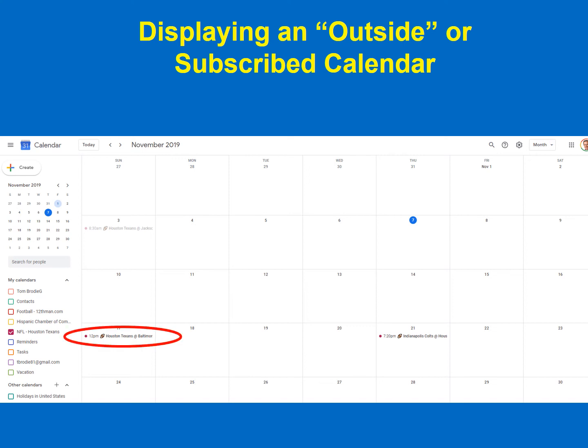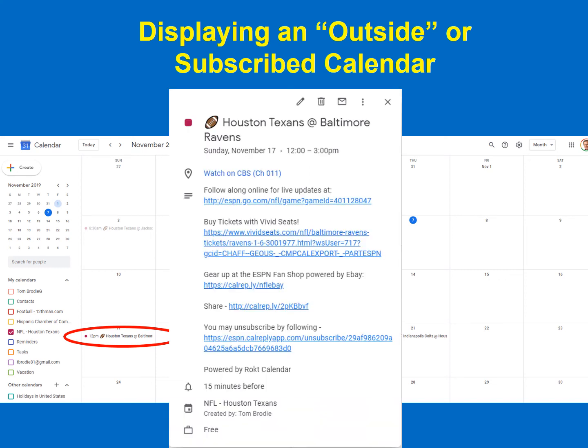So we're going to click on this date, the Houston Texans Baltimore game. If you open that, this is all the information that's there. Not only the date and time of the game, also what TV station it's going to be on and what your local affiliate channel number is. If you want to follow along online for live updates, it gives you that link. If you want to buy tickets to the game, it gives you that link. Also, if you want to get fan gear,